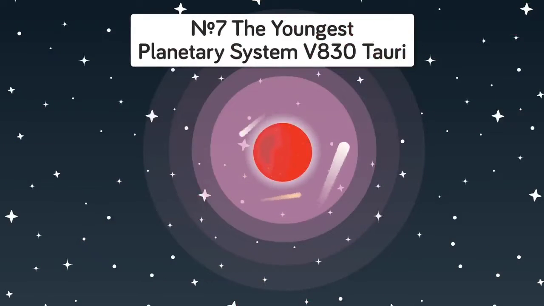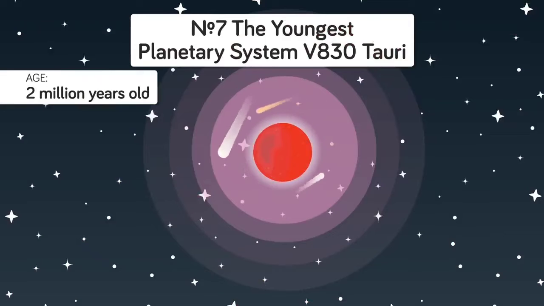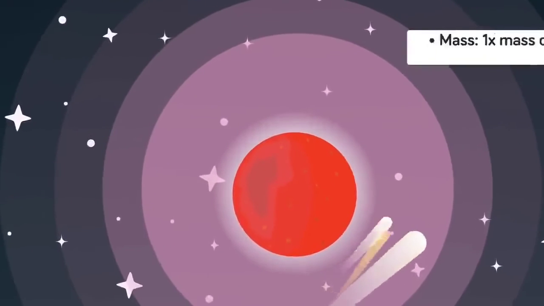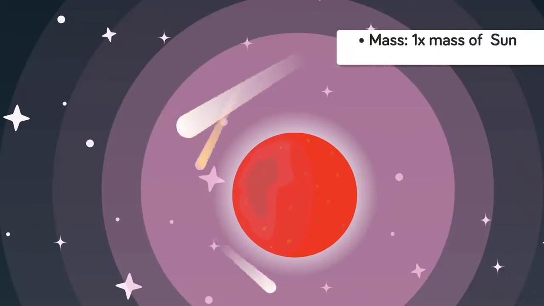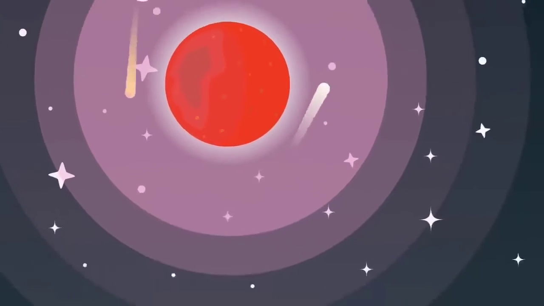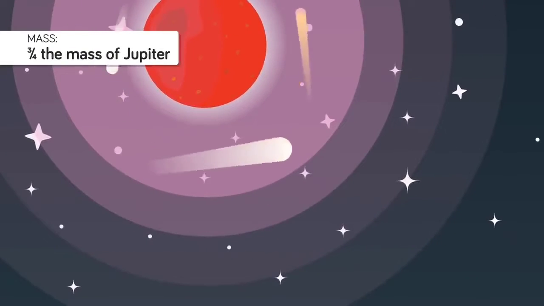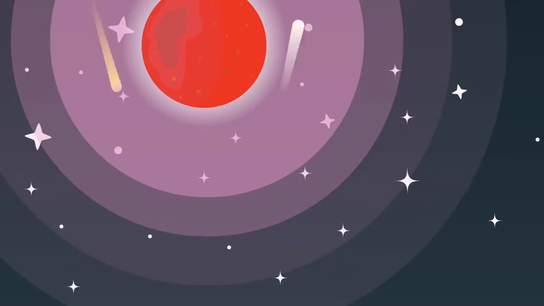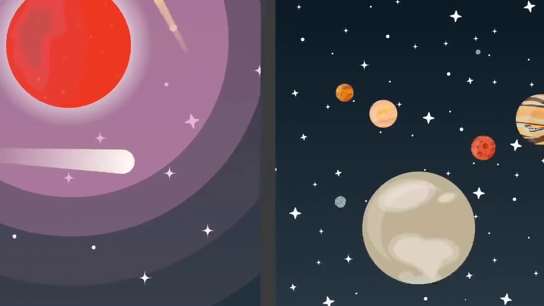7. The youngest. At only 2 million years old, the planetary system V830 Tauri is the youngest in our galaxy so far discovered. An astronomical toddler, the host star has the same mass as our Sun but twice the radius, meaning it hasn't contracted fully into its final shape yet. A gas giant with 3/4 the mass of Jupiter orbits this infant star, and it too is likely still evolving,